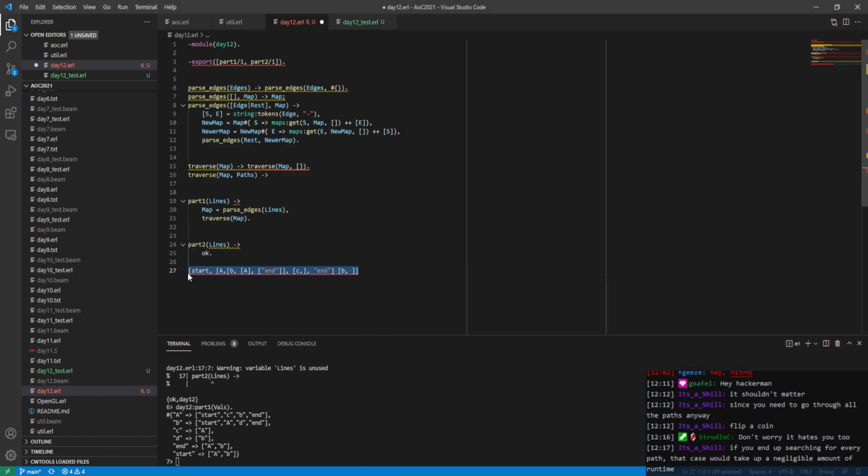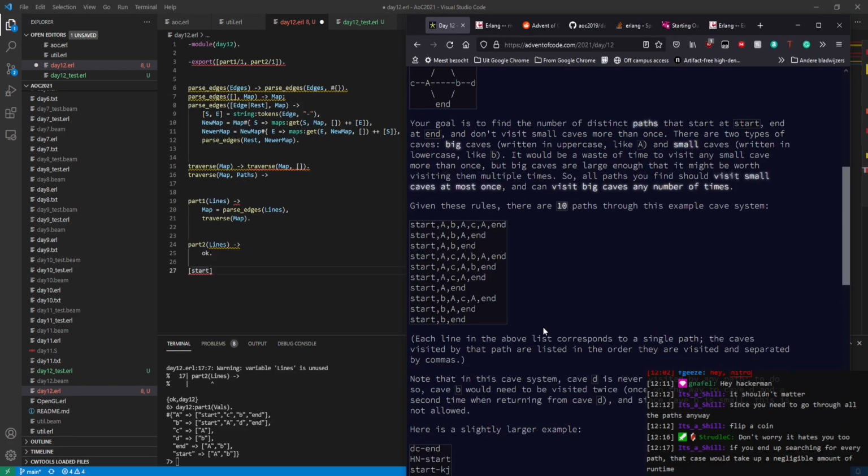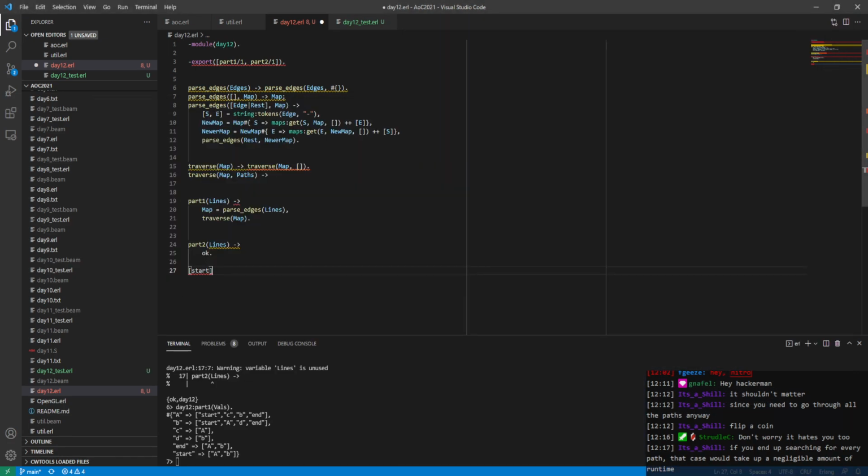So this will work. So how do I build this, right? Say we start with start, which is our start node. It's always start. Then we go, okay, what's connected to start? And that's A and B. So then we append A and B